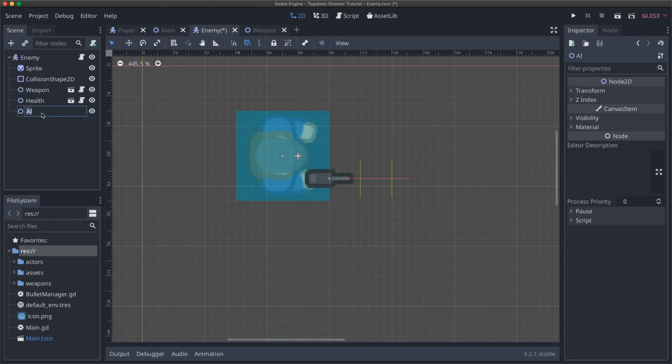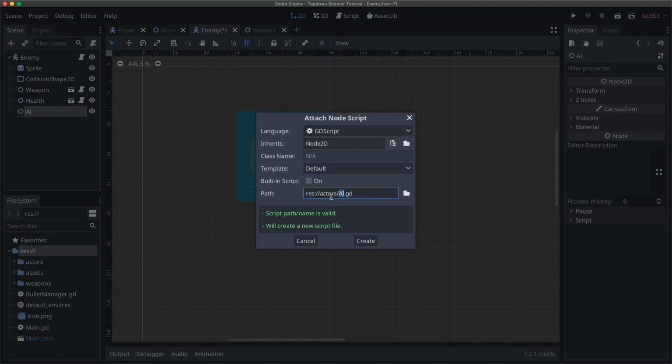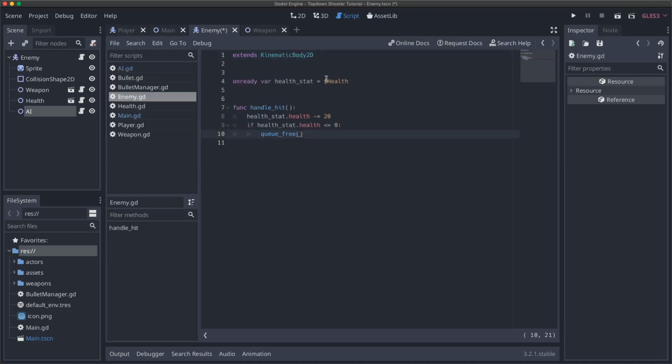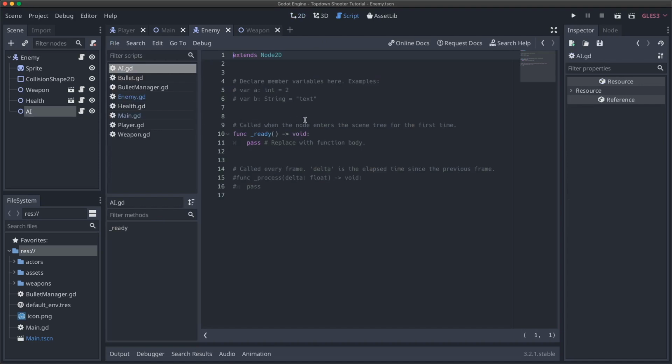So we're going to make this AI script or node here, and I'm going to add a script, and I'll just add it into actors for now. And the first thing we will do is come into our enemy, and we're going to get a reference to that. So I'm going to say onready var AI equals AI. Great. And now if I come into our AI script here,